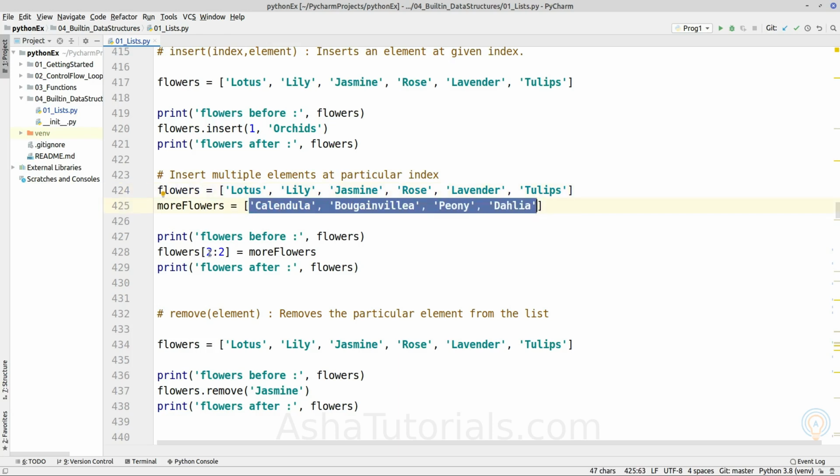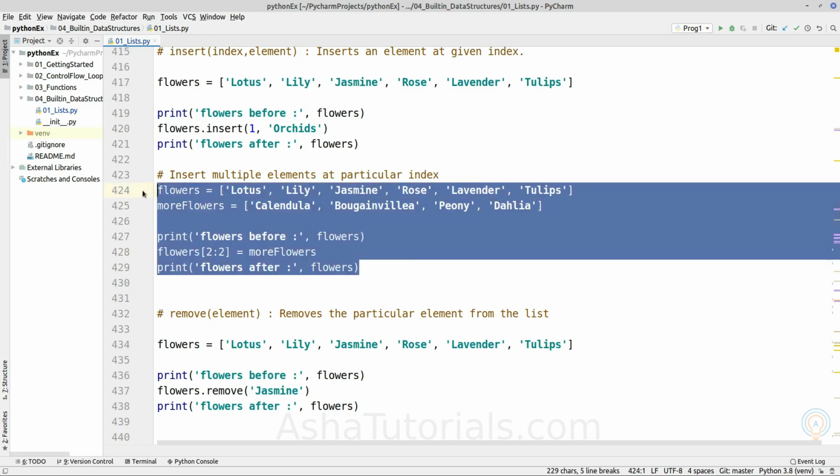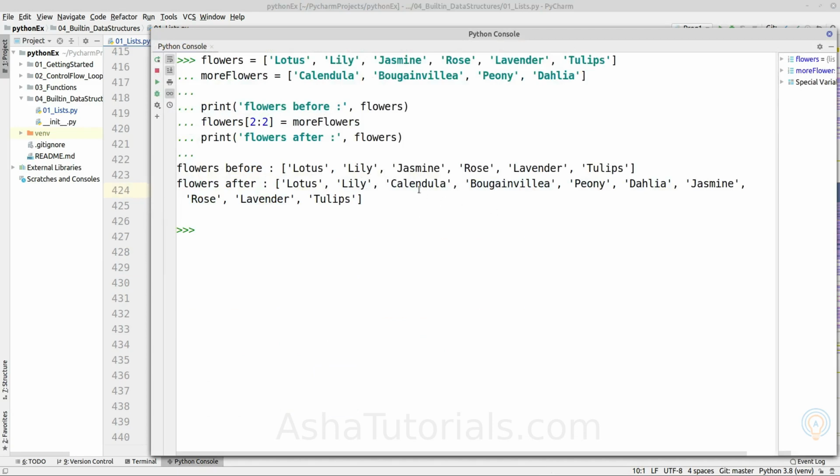So we write a slice beginning from 2 ending at 2. It will select this location and each element of the given list will be inserted here. Let's see the output. As you can see, at position 2 all the elements of the given list are inserted and all other elements are shifted.